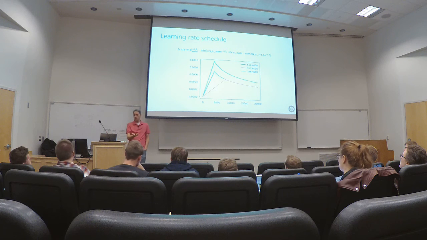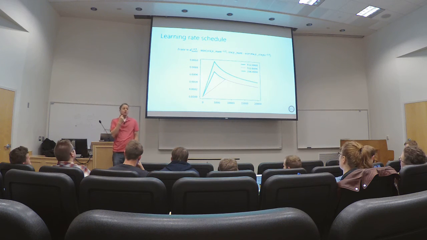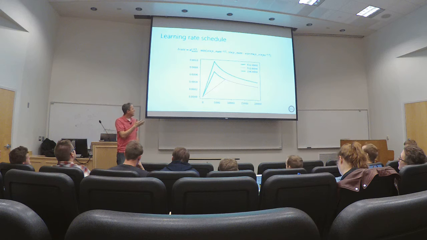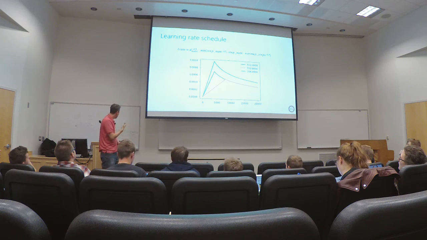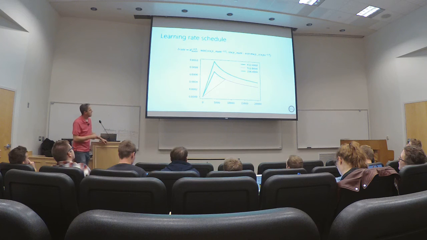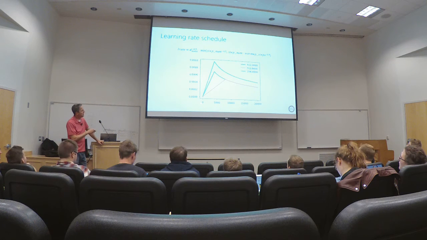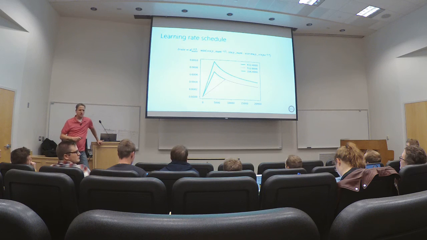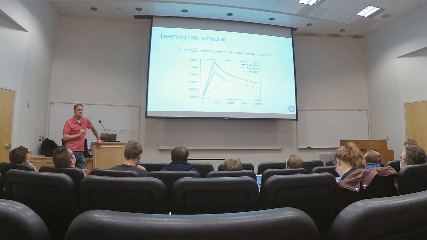In this paper, and in a lot of papers in this area, they use a variable learning rate. And not only is the learning rate variable, it changes in very strange ways. So I just wanted to talk about this particular learning rate schedule. This is steps of optimization along the x-axis, and this is the learning rate along the y-axis. What is going on and why are they doing this? So it starts off low, goes high, and then decays. Why?